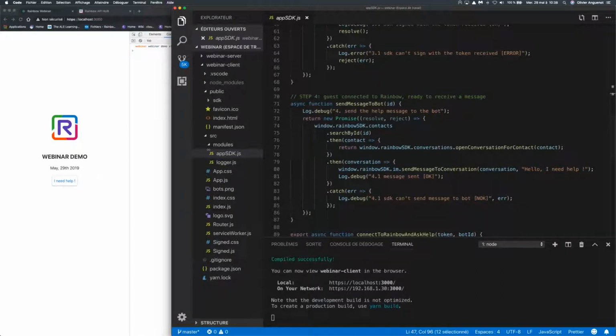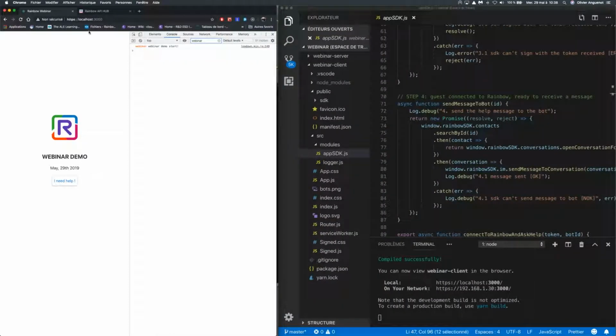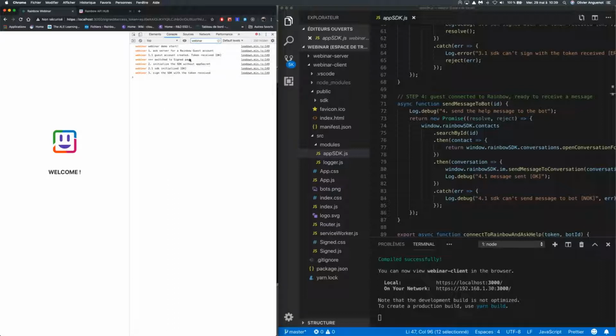So we can start. So you will see that in that first part of the screen, we will switch and change to the sign component, and all the demo will be displayed here. So we will see a lot of messages in the console to explain what happened. So I will launch the demo.